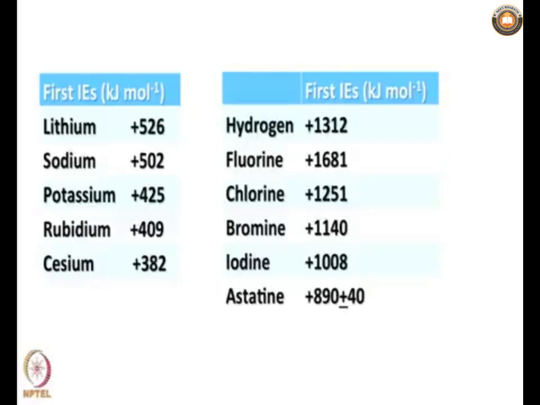That is quite obvious because of the periodic trends that follow whatever is predicted according to the charge to size ratio. And interestingly, hydrogen's first ionization energy is about 1312 kilojoules per mole. That comes very close to fluorine. However, when we react and form hydrides, they are very different compared to halides.